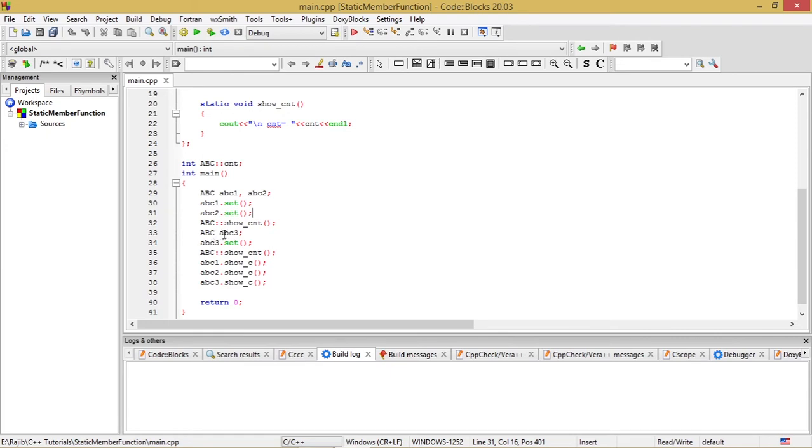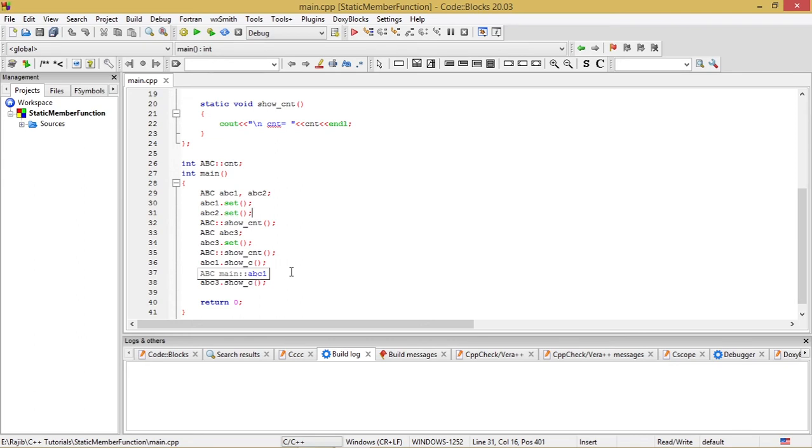After that, I have again created an object abc3 and again invoked the function set with the help of this object abc3, and again invoked the static member function show_cnt in the way that has been described above.